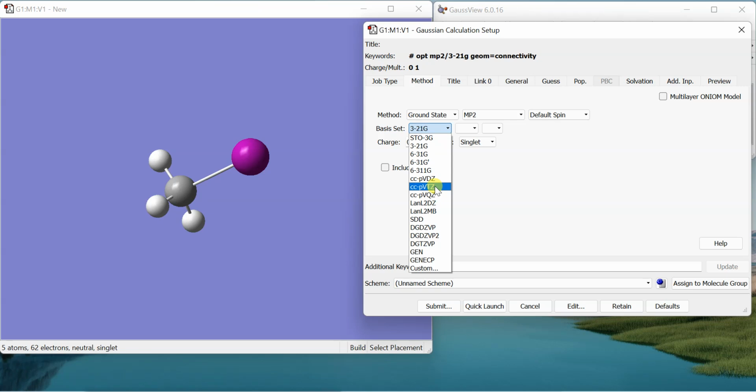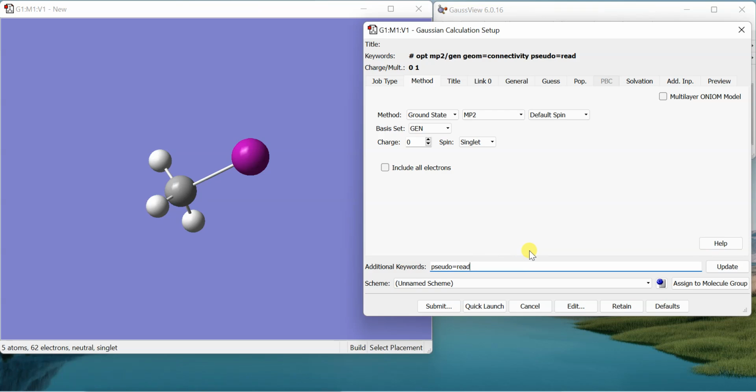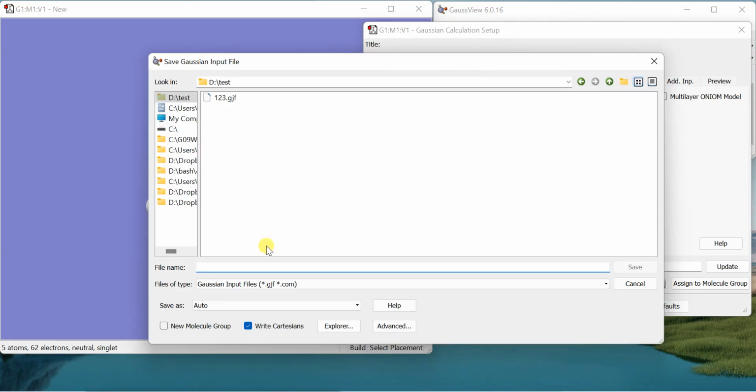So you need to specify a pseudopotential for that, so that the relativistic effects and all the other things are actually accounted for. So let's select the generic basis set, and then we can say pseudo equals read, and you can specify any other keywords if you want. So I'll just save the file,